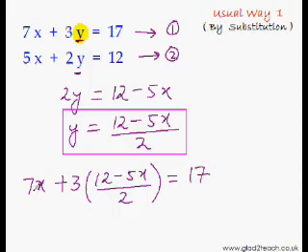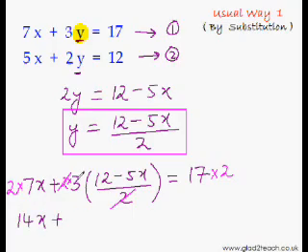Now as you can see, we have eliminated y. In this equation, we don't have any y. See, you can't see any y here. So that means this is a linear equation in one variable, and now you can solve it. As you can see, it has this denominator 2, so we must get rid of it. How? By multiplying both sides of the equation by 2. See, now this 2 cancels out. Now simplify it. This is 14x,